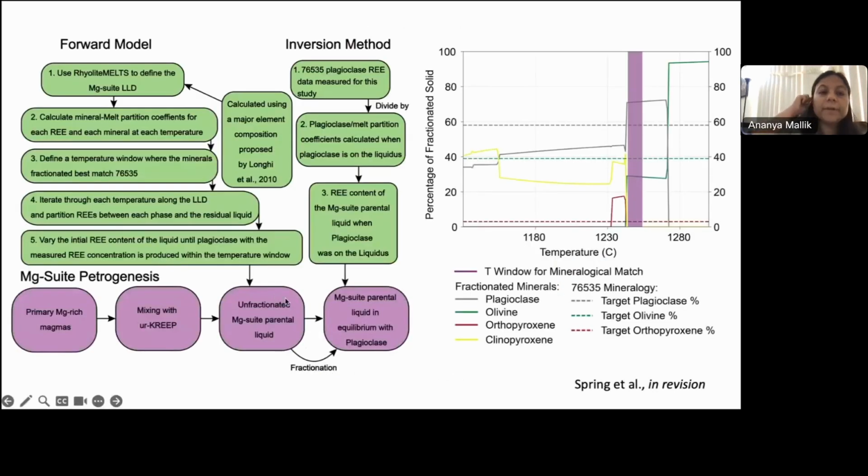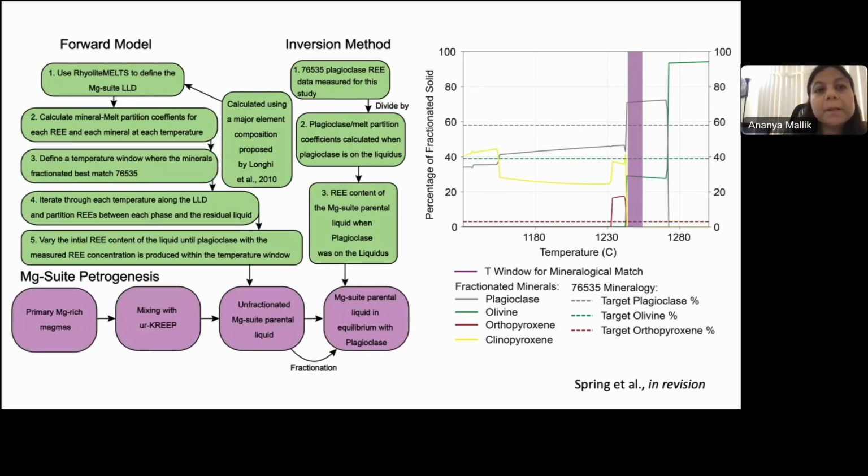Now, when it comes to inferring the parental liquid from what was measured in these individual plagioclase grains, there are 2 ways to do that. One is a simple inversion method where we take the measured composition in the plagioclase grains, and then we use a published partition coefficient from the literature to basically calculate what the liquid composition would be. But that liquid composition would be the liquid that was coexisting with the plagioclase, but that may not be the original unfractionated